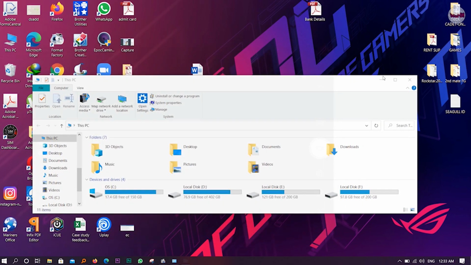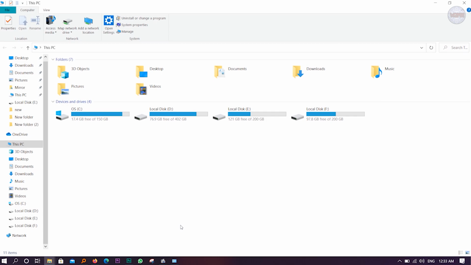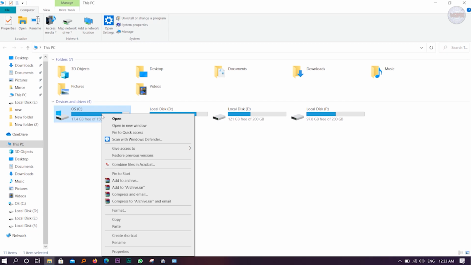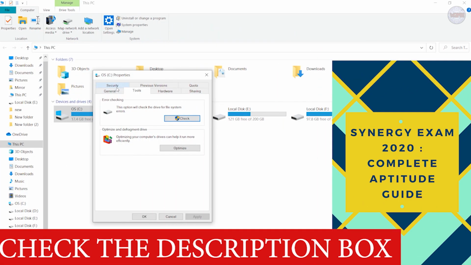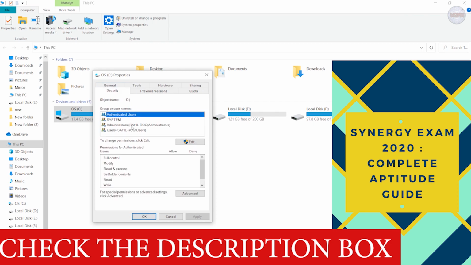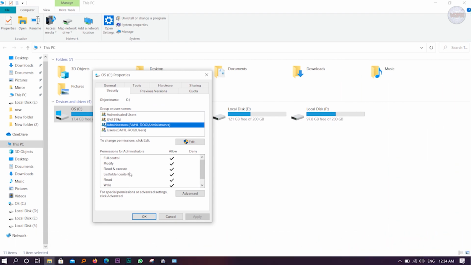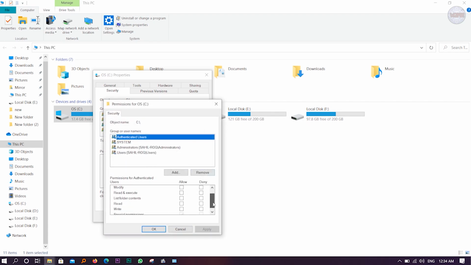One minute, let me exit it. Okay, PC. This is drive C, the system drive. Just right click over here, then Properties again, then you have to go to Security. Security is there, see, Administrator is written over here. Now you can see all the marks are ticked: full control, modify, read and execute, list folder contents, read, write, and special permissions. Special permissions is not granted, so you better do special permissions also. Okay, no, it's already granted, so no need to worry.